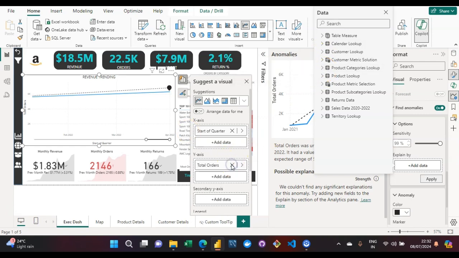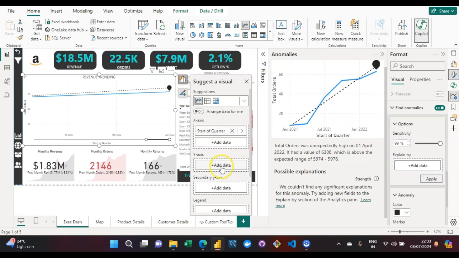Instead of putting total orders on the y-axis, if I'm looking at the data as total revenue, again with respect to start of quarter, in your add data option itself, let me put total revenue again.